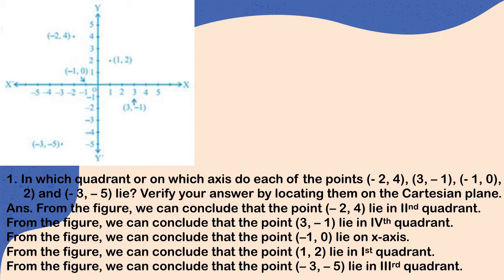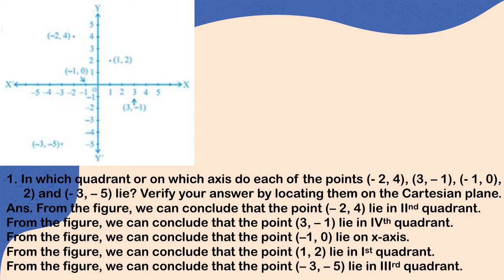Abscissa is 3, so on the x axis I will look for the marking of 3. This is where I have marked the point 3. Okay, and I have to look for -1. Now where is -1? I have to locate -1 on the y axis. So you can see -1 clearly. Now the intersection of these two lines of 3 and -1 will give me the required point.